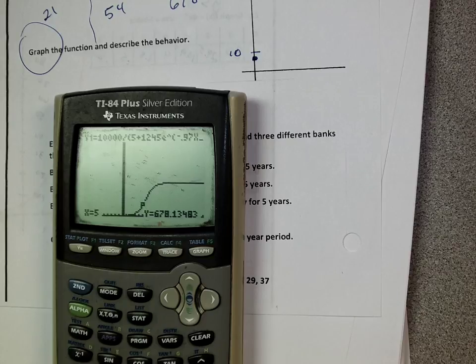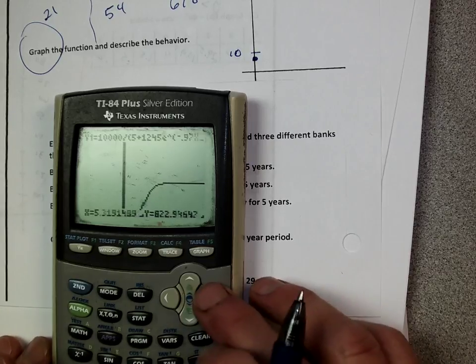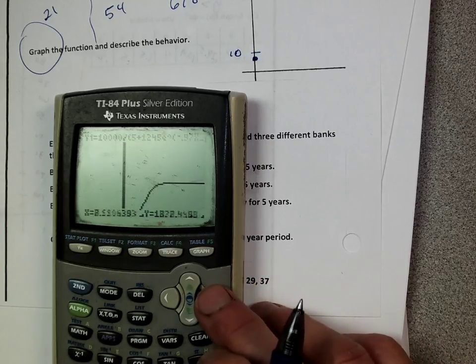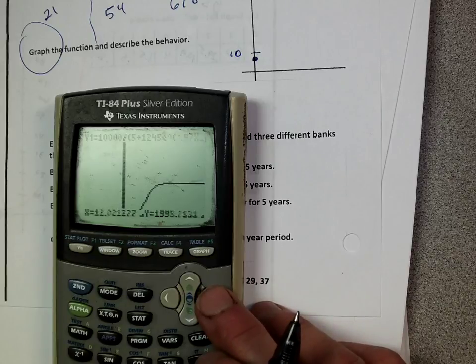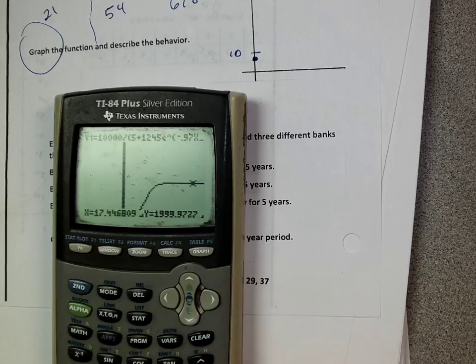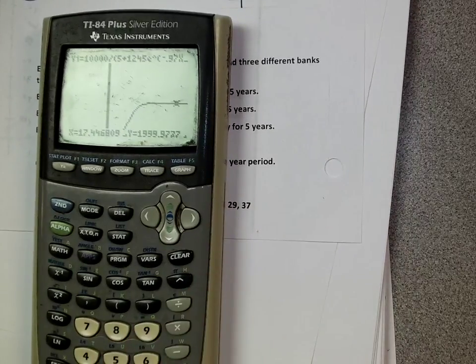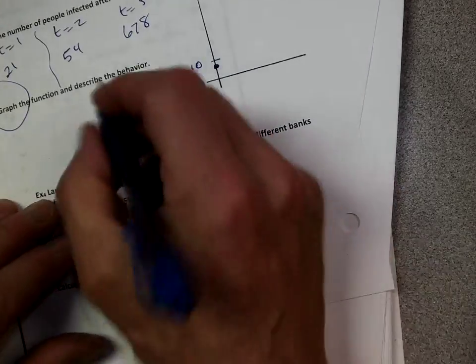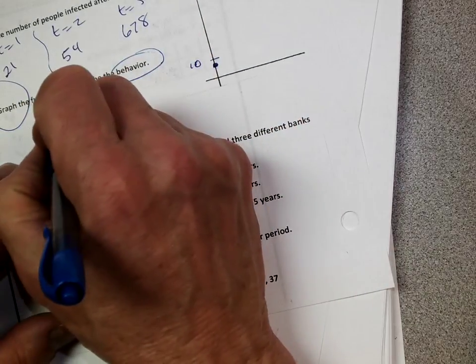So if I just use my button and I keep going, okay? Let's see what it levels off to. What do you think it's going to level off to? Take a look at my numbers. What's it going to level off to? 2,000. 2,000, right? So in this population, about 2,000 of us will get sick, and the rest of the population are immune to it, right? Yeah, that's pretty much all of Leavenworth, right? So end behavior, it's going to level off